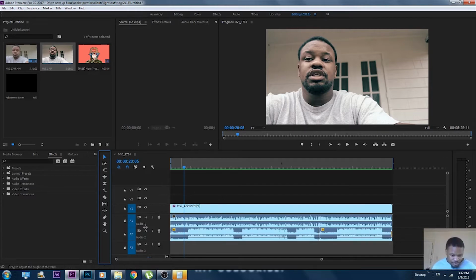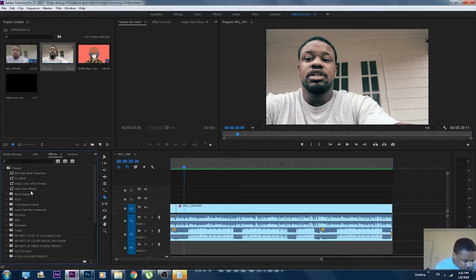Now, let's say you want to do something like, I want to add a trippy color effect. I'm only doing it to one track, so I don't have to hold shift. I'm going to cut it. Then I go to my presets and pick the trippy color effect. Now notice right here how it turned red. So if I try to play that,